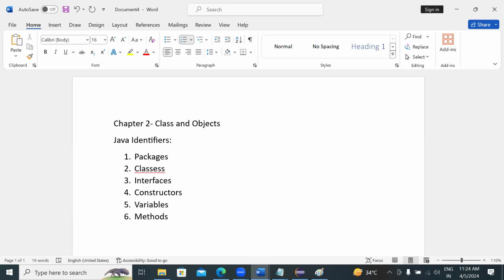If I open any Java program, you mostly see only these: packages, classes, interface, constructors, variables, methods. For example,